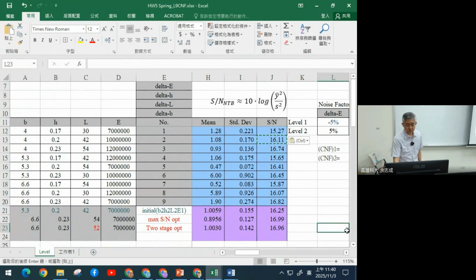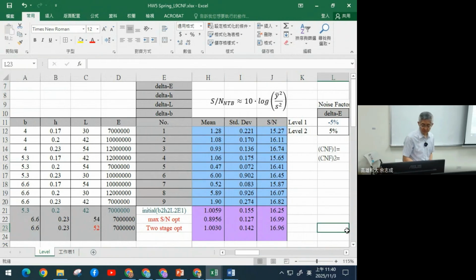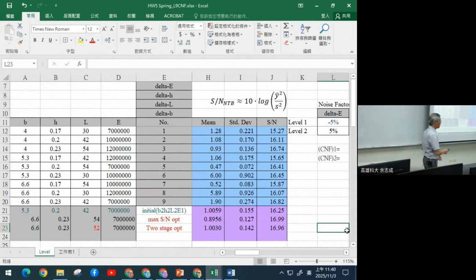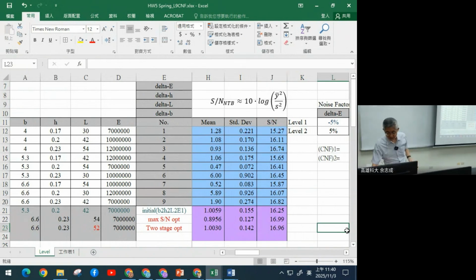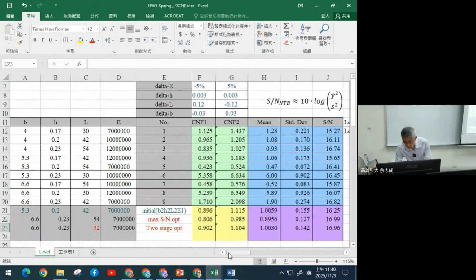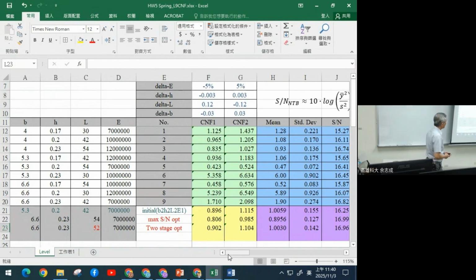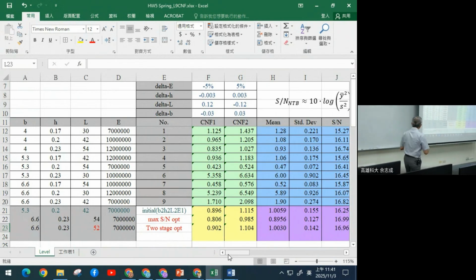Get the SN value, all right? So this is the experimental design using inner array and compound noise. If you look at this experimental design, you can find out that the design is much smaller. You only make how many samples? Here, you only make